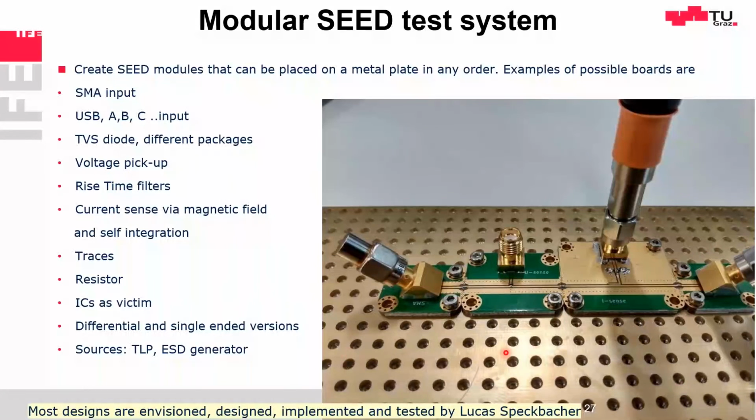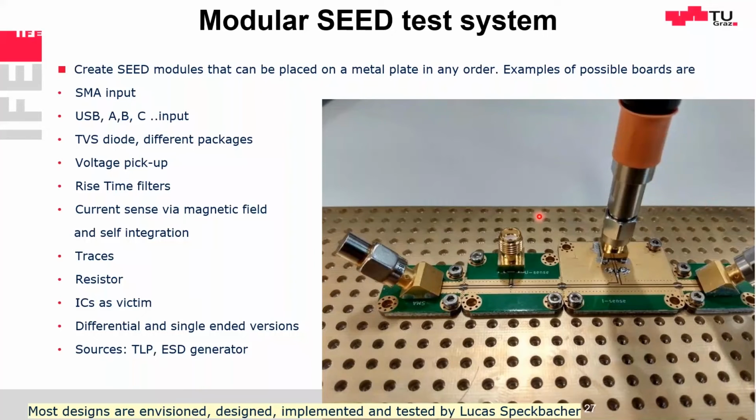This is a base plate, many holes, all have threaded. And we have many modules here, just 3 modules shown, no 4. SMA launch, about 15 gigahertz bandwidth. Voltage measurement probe, a couple gigahertz bandwidth, let's say 4 or 5, via 1 kilo ohm. Here's a current measurement. You know, as you see 2 traces parallel. They are inductively coupled. And via some passive integration and some mathematics, we can reconstruct the current.